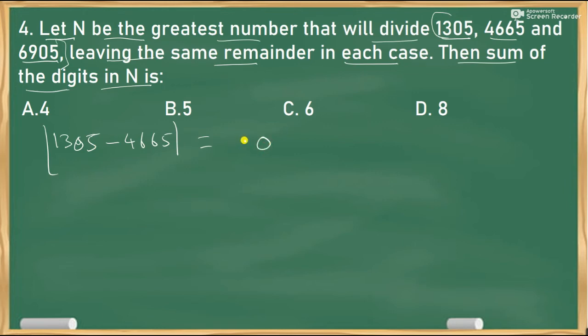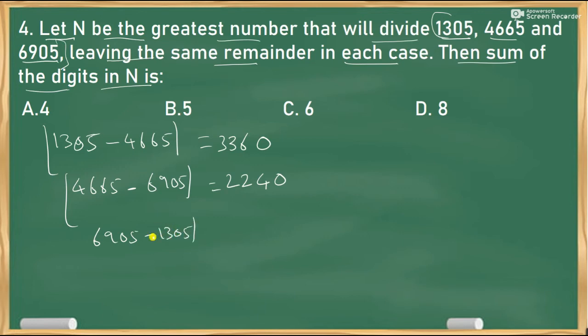550, next 633. Okay. Similarly, 4665 minus 6905. So this will become 0, 4, 2, 2. Next, 6905 minus 1305. This will become 0065. Okay. So whenever the case of same remainder in each case comes, the answer is nothing but the